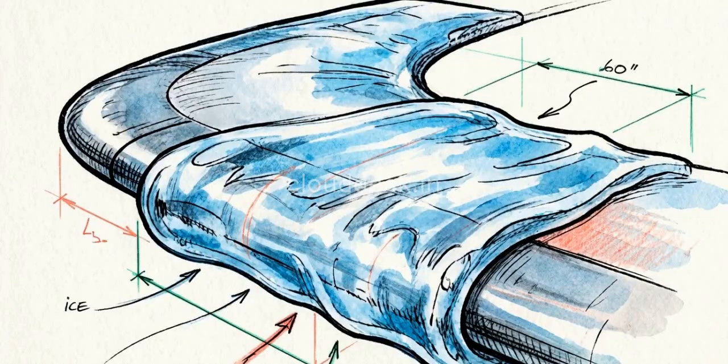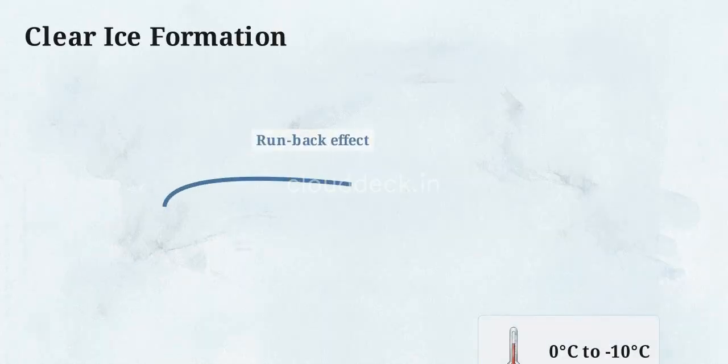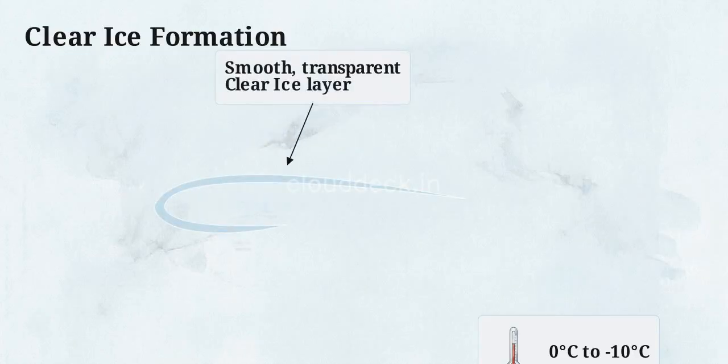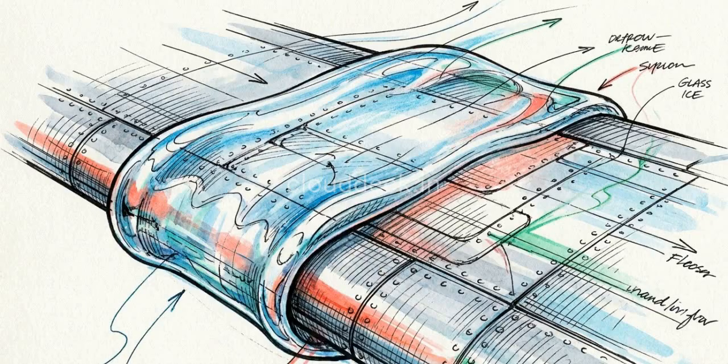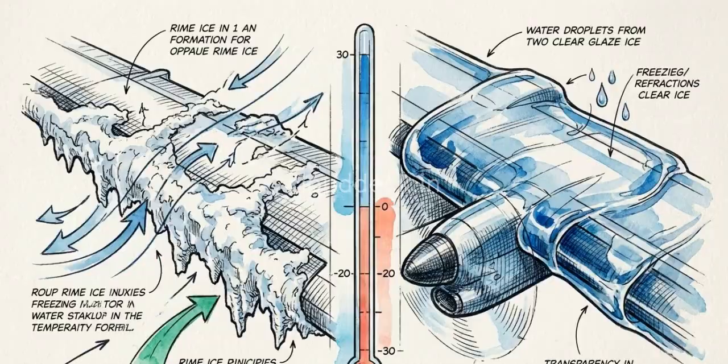In slightly warmer conditions, between 0 and -10 degrees, the moisture forms a much more resilient, clear ice. This is typically found in moisture-heavy cumulus clouds. These larger droplets freeze slowly. Instead of shattering, the liquid flows backward over the wing's surface before finally solidifying. The result is a dense, transparent sheet that embeds itself into the aircraft's skin. This smooth layer is incredibly difficult for standard de-icing boots to crack and remove. A shift of just a few degrees determines whether the ice is a brittle frost or a heavy, transparent shell